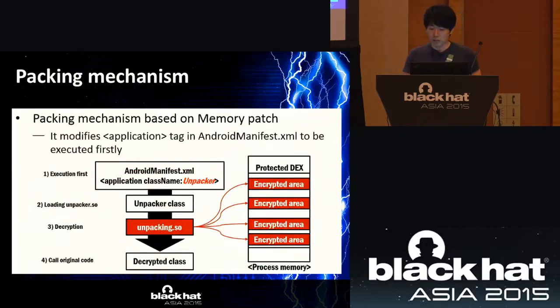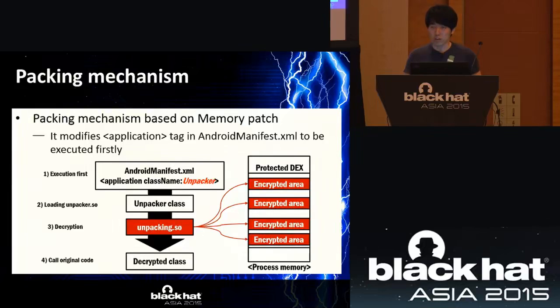Now, this is the packing mechanism based on memory patch. The previous method used a mechanism that loads decrypted text in memory directly. In this method, the Android packer encrypts partial code of the original text, so there is no additional loading of text. Two key differences are whether to encrypt all areas or partial areas of the original text, and whether it loads